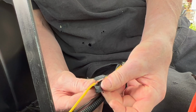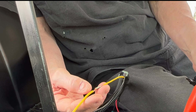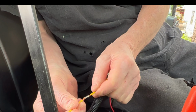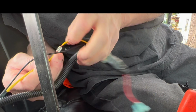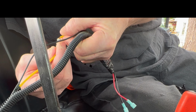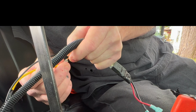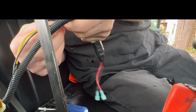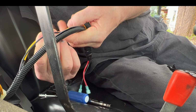This looks factory. It's a butt splice. It's factory. Now the problem is, if there's high resistance in there, if this pulls out at all, then it would be higher resistance. I don't see that moving at all. And they don't want to take the time to solder it, so they just do a non-insulated butt splice,